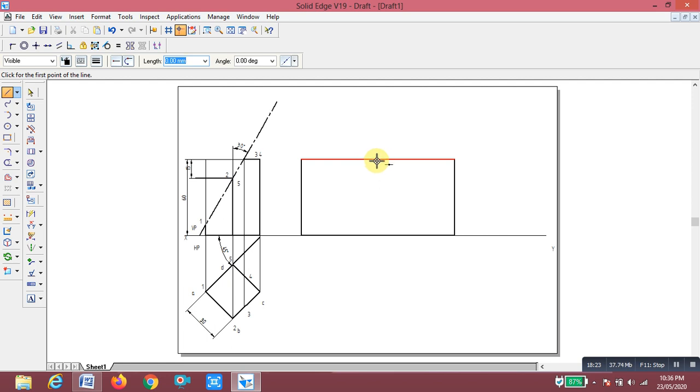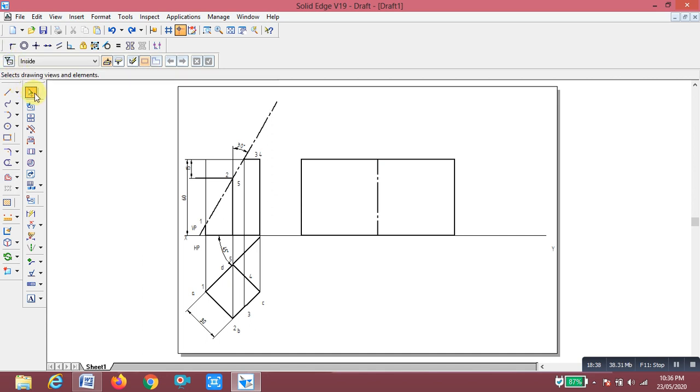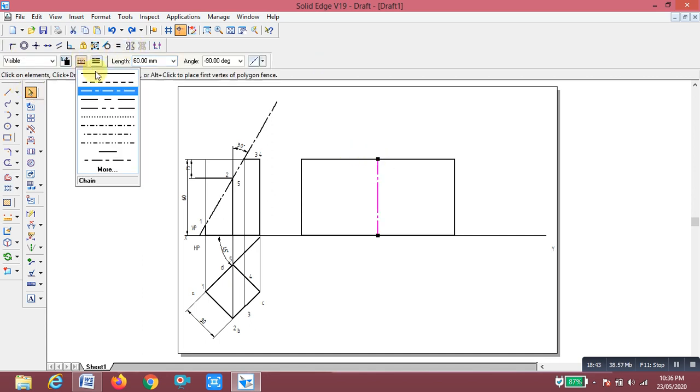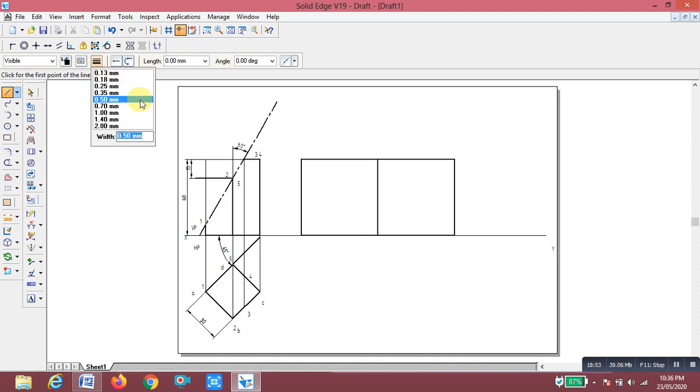You make this line a continuous line, 0.5 mm thick. At this point, again this is the midpoint. Otherwise you draw a vertical line here.